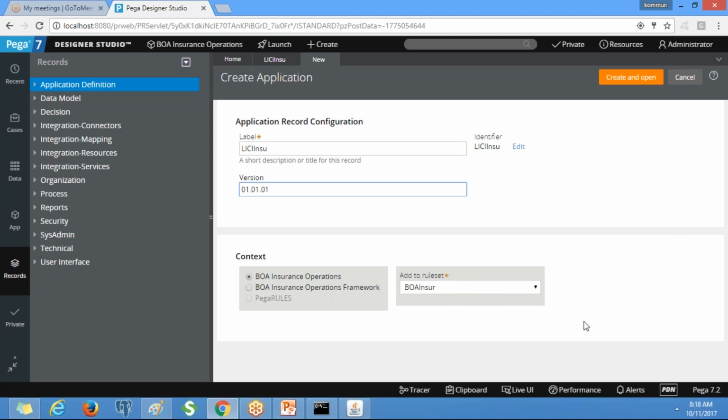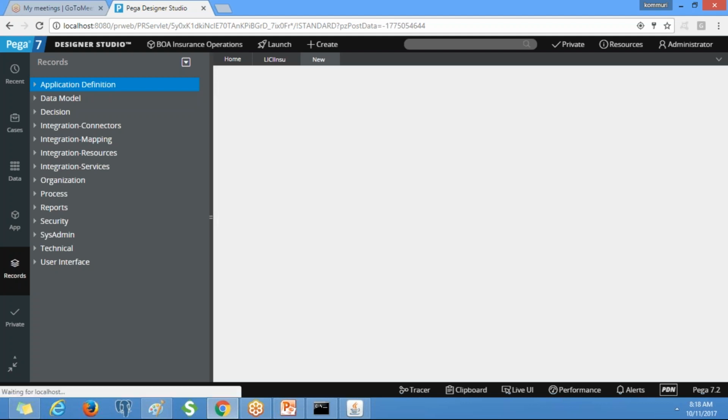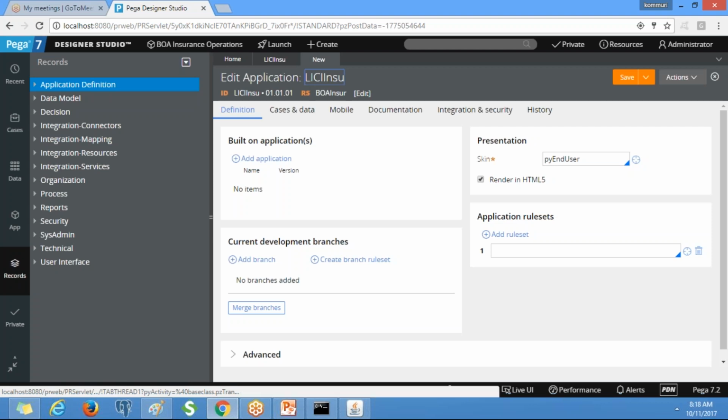After creating this application, we need to change it to our rule set. Now create and open. We are going to design our application called LIC insurance by using which application?